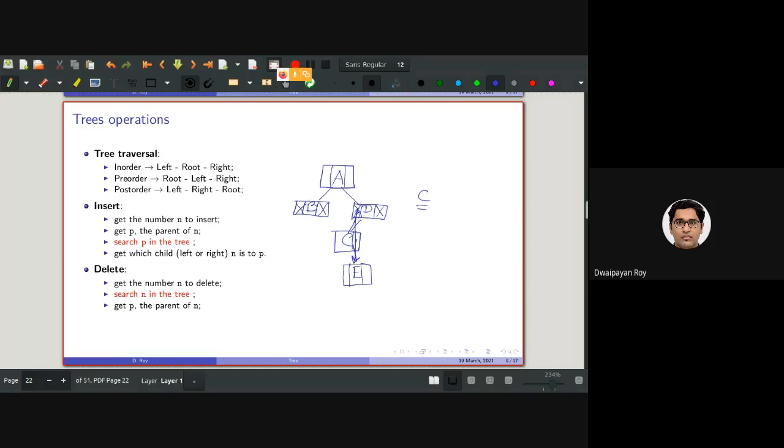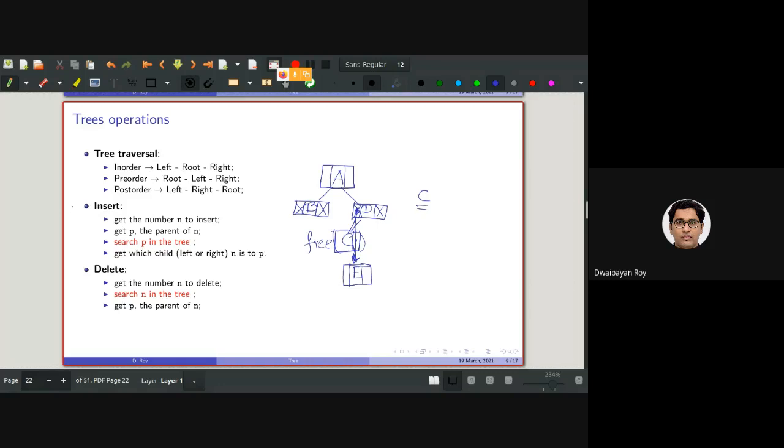The right child of C was E, and if I want to delete C, I make the left pointer of D point to E, and then I need to free C from the memory. We'll talk about this in detail when we discuss binary search trees.